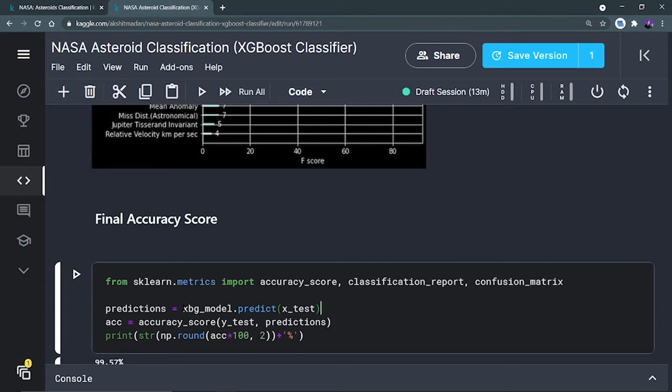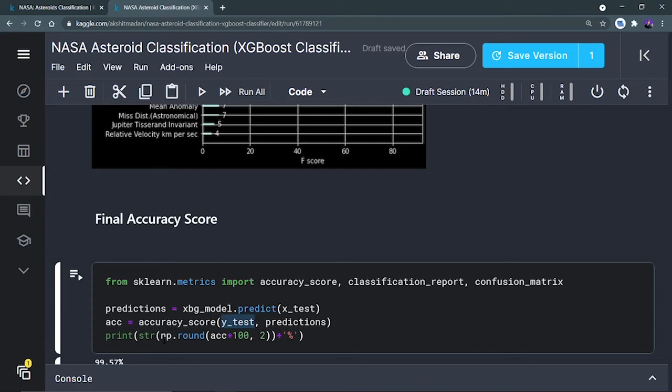So the XGB model, and I'm going to predict X test values, and all the predictions will be stored in the predictions variable. And ACC is a variable that is going to store the accuracy score, and in the accuracy score you have to provide Y test and predictions. So it is going to compare every Y test value with the predictions value, and it is going to find how many values are matching, right?